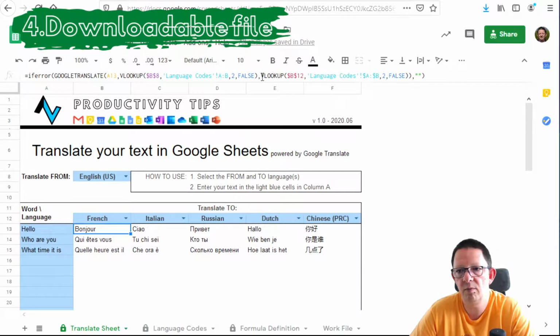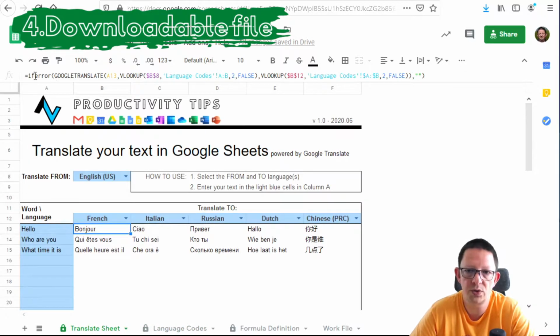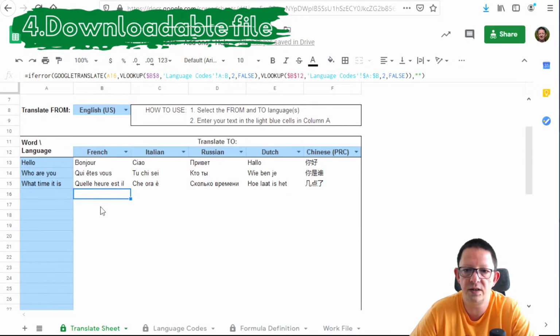And then it is the same formula on the right hand side for the target, and in this case it will take the language that you have here in the header of the table. It will look into the language codes. It will take again the information from the second column, the column with the code. I'm also using the IFERROR function just to make sure that, especially in the lines where you don't have information yet, you're not getting the value error that you would get without using the IFERROR